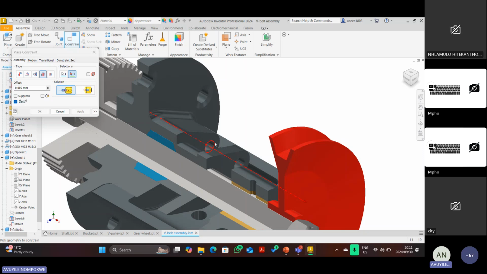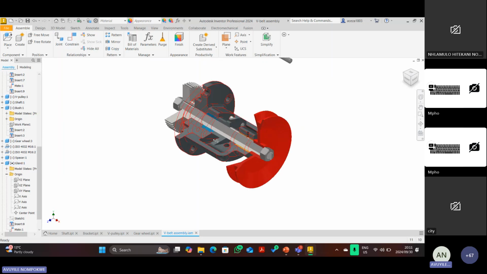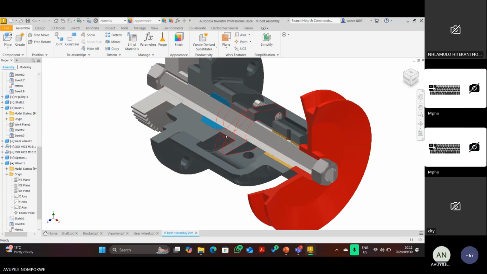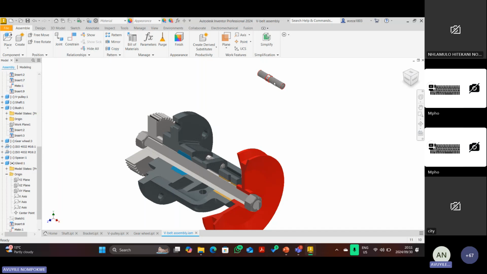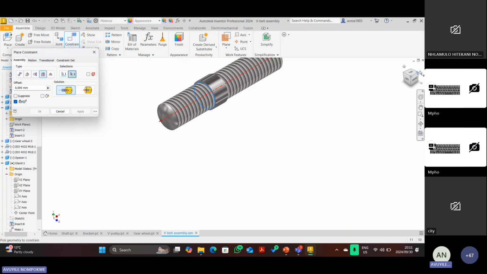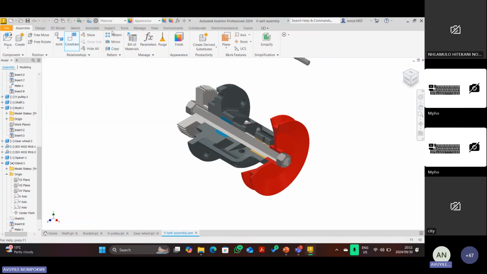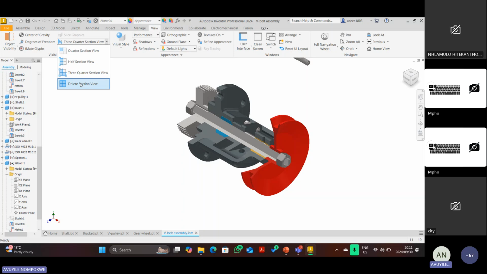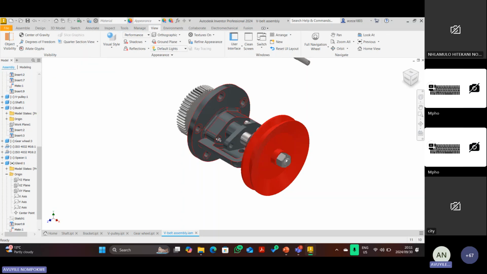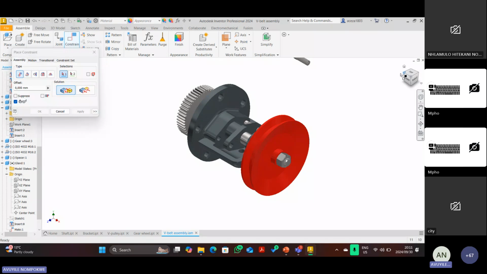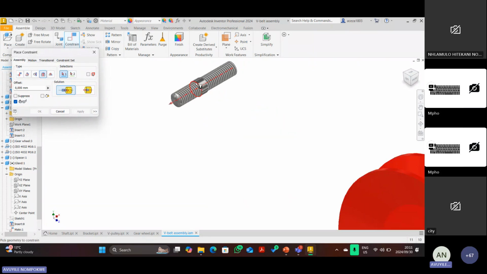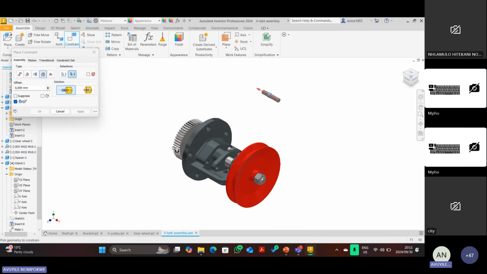Click on apply, cancel. And guys, I hope that you can see that all my relationships don't give me errors. Okay, so again, let's insert another M10 to another M10. So it has to be this other one. Okay, now we need to delete the half section view, guys, because we need this hole now. So we need to insert this to this,